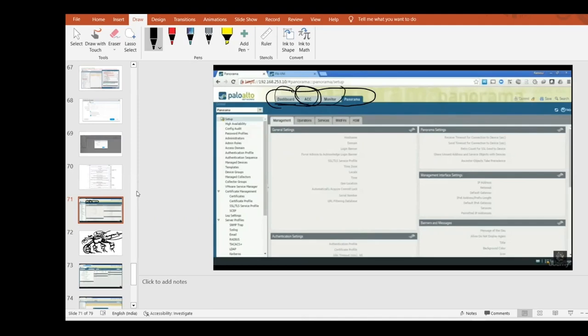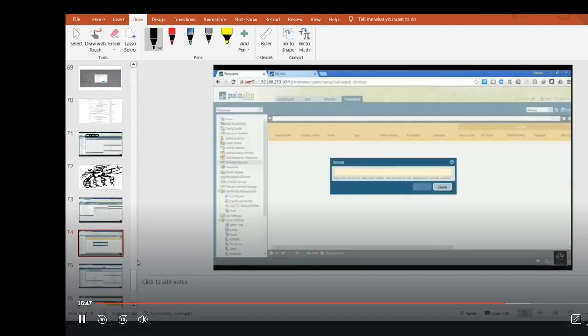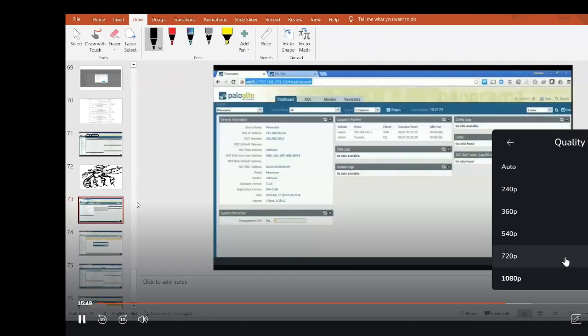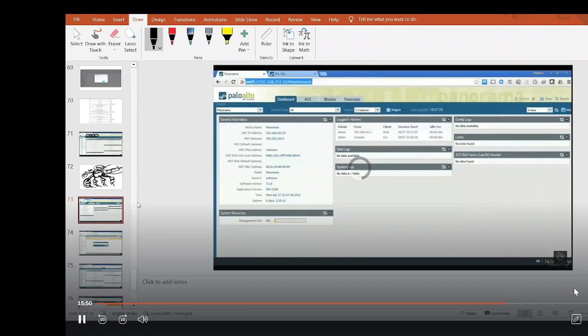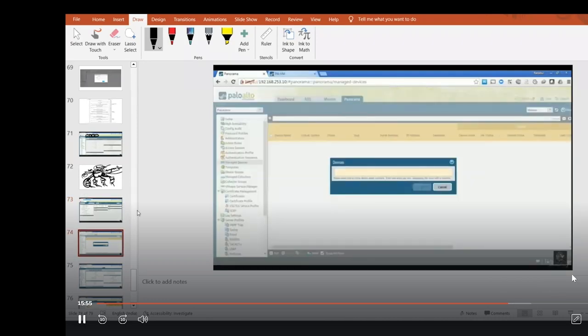We know what is SEC, and monitor for the logs. And then there is a Panorama. So in this Panorama, guys, now what we need to do is attach it. How can we integrate an individual firewall with the Panorama? We can go to the Panorama dashboard, and then there is a